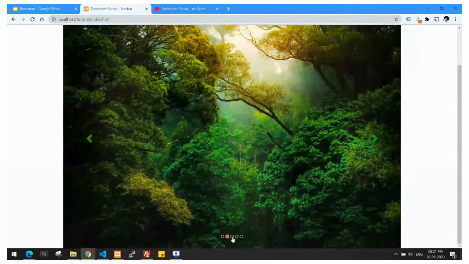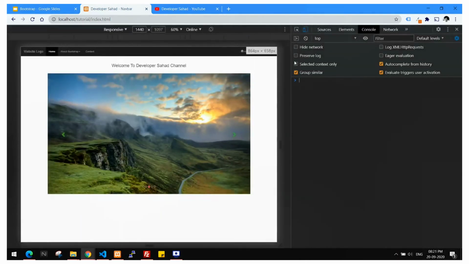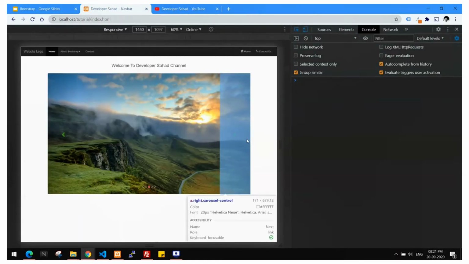I have done some CSS customization here. I will show you how to change this color. You just need to open inspect element, take the pointer to that element, this one.